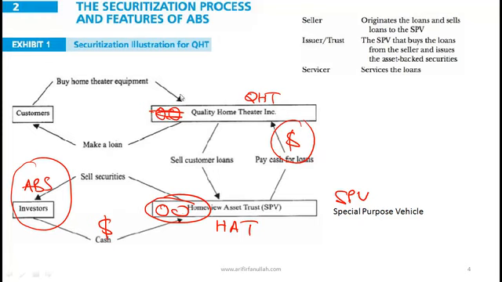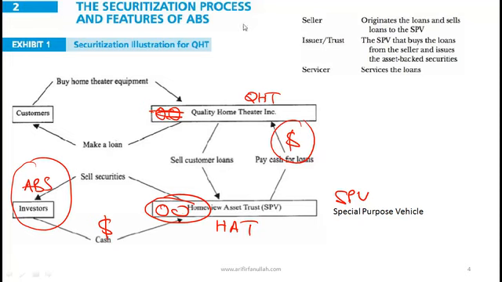If QHT directly issued the securities, then what would the issue be? Investors would be concerned that any money coming in from those loans might be used for other operations of QHT, and they might not have a claim, which means the risk to the investors would be relatively high, which means the return they would demand would be high, which means the cost of funding would be higher. So typically what is quoted as the major reason for creating this SPV and going through this route is that it lowers the cost of funding.